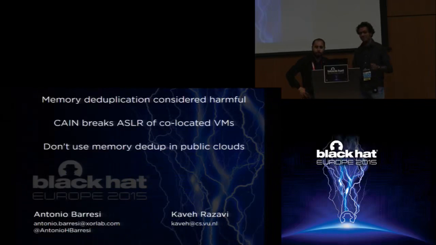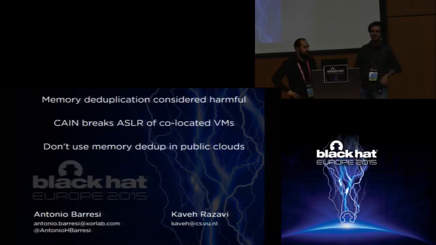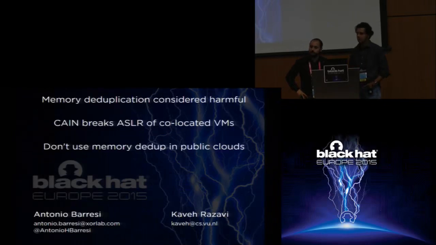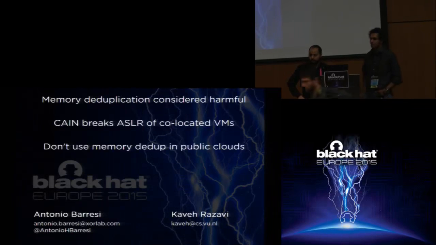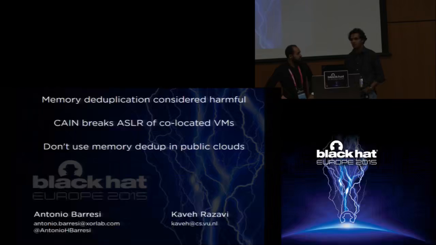Okay. So to mitigate it like that, you have to slow down all the other writes by a factor of 10 or something, which is not feasible. And it basically makes memory deduplication useless, because probably the time you are detecting is the time needed to remove the duplication from the write. So it's probably faster to just remove memory deduplication. Yeah, that's also our suggestion. I mean, there is no easy fix, essentially.